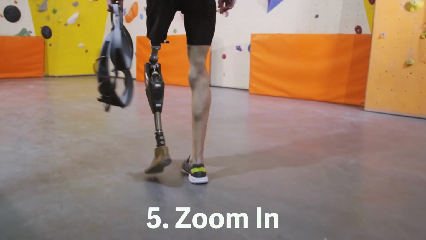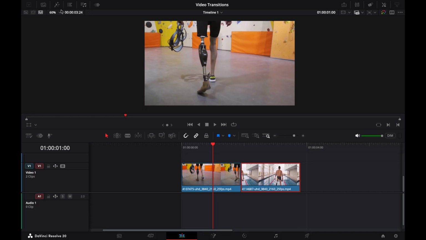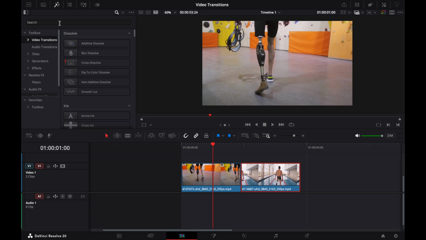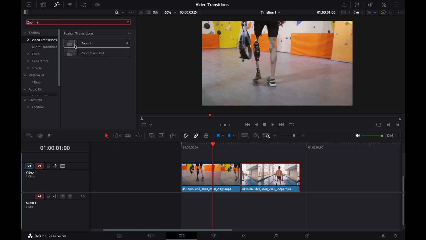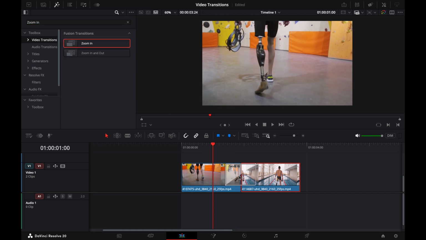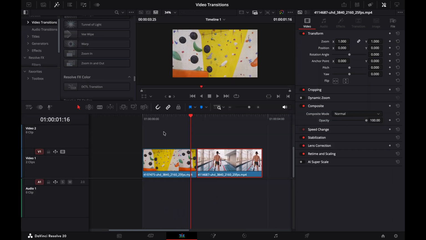Number 5, zoom in. In the effects, go to the video transition and search for zoom in and drag it and place it between the two clips. And if you found any problem while placing the transition effect between the two clips, then you